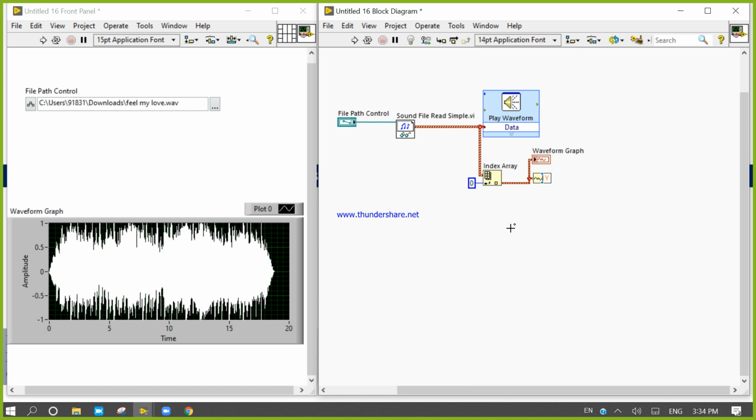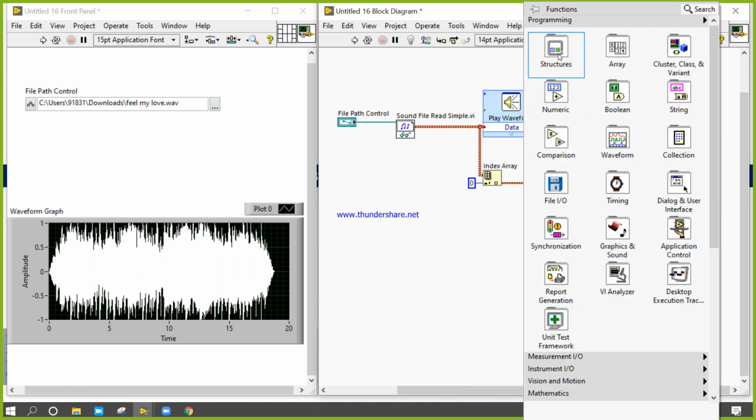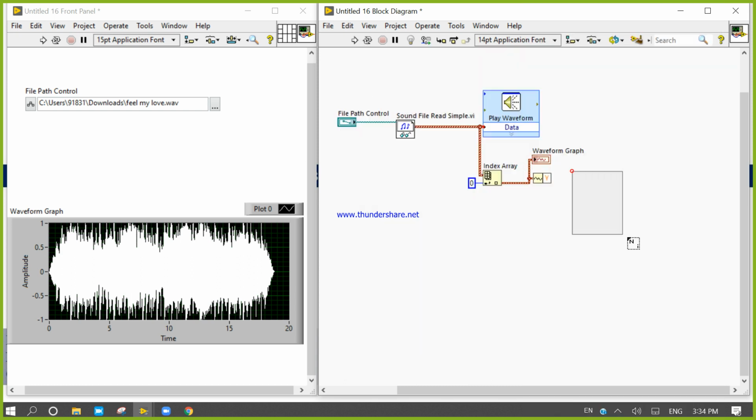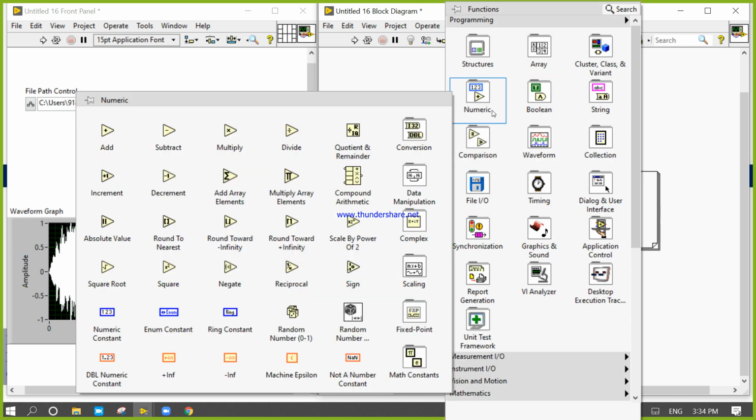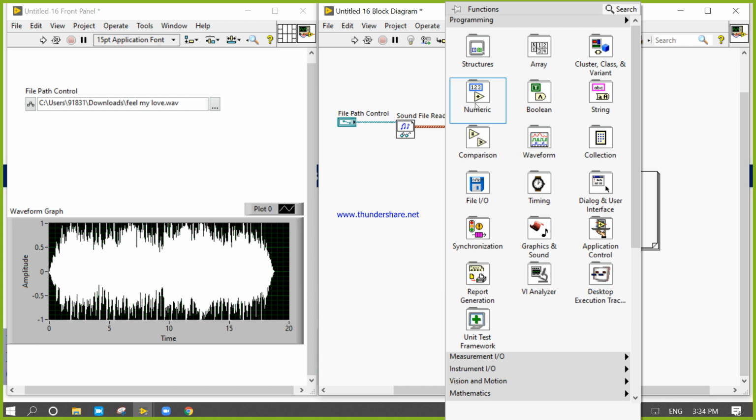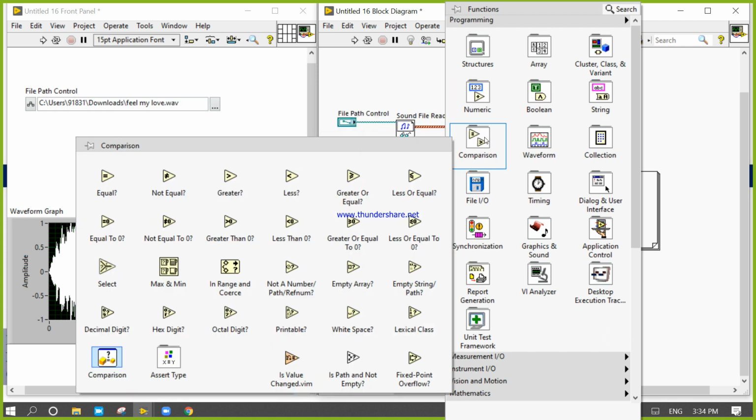So for that I will use a for loop. This for loop will run 82,7140 times, and I want to eliminate only the negative part.